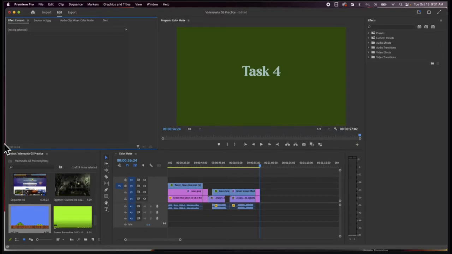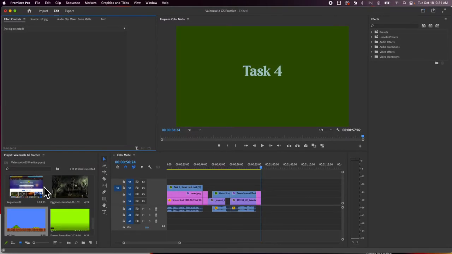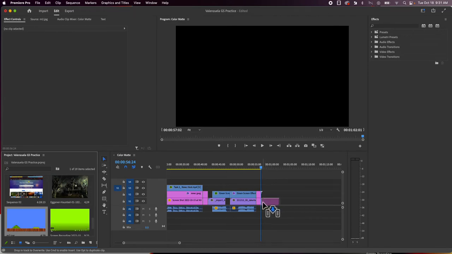So for task 4, the objective here is to create a split screen as well as introduce the crop effect to create that split screen. So I previously already imported 2 backgrounds I want and 2 green screens that I want to overlay onto those backgrounds. So here I'm going to take my first background, which is like a Super Mario background, and put it